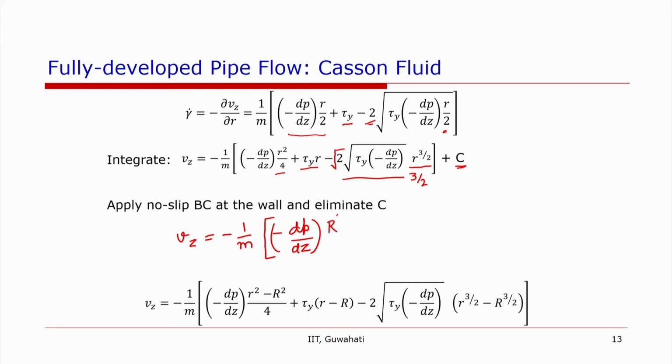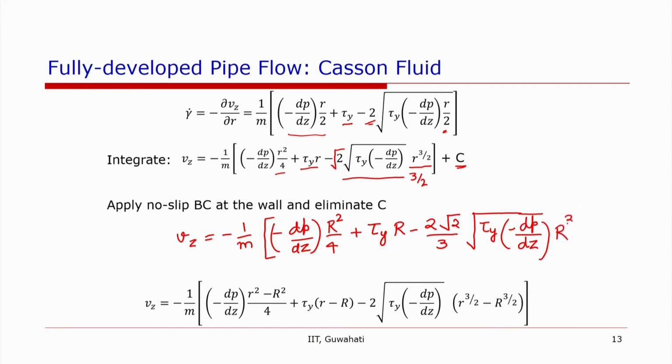So capital R square by 4 plus tau y capital R minus 2 root 2 by 3 root of tau y minus dp by dz r to the power 3 by 2 plus c, and we